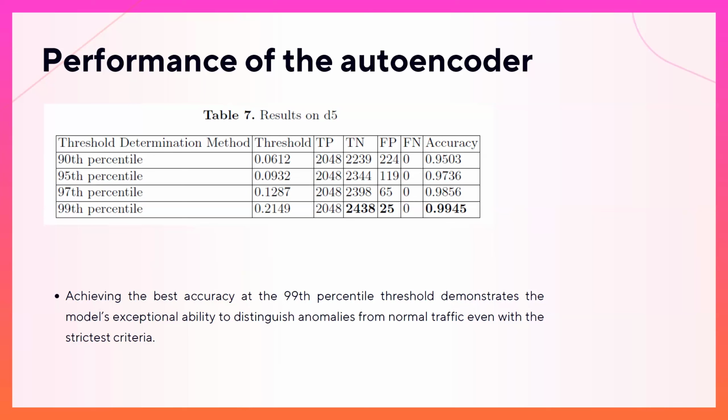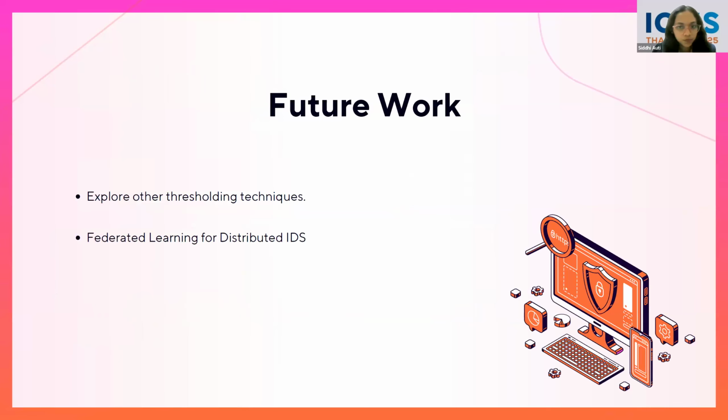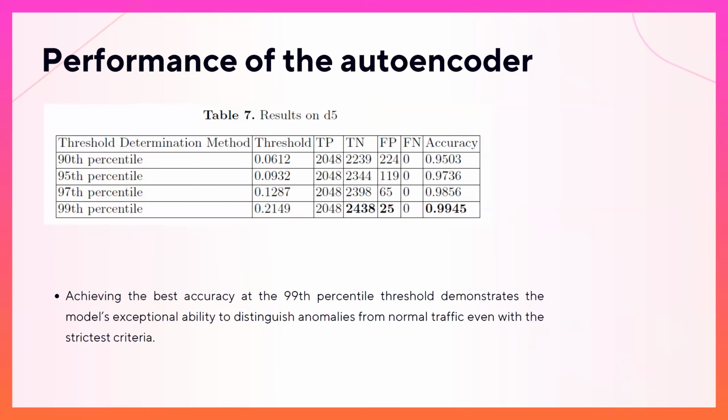Let's think about it. Typically, the 99th percentile represents the strictest criteria for anomaly detection. Sorry for the interruption, but we are past the presentation time. Can you please get to the conclusion? Yeah, sure. So as I was saying,